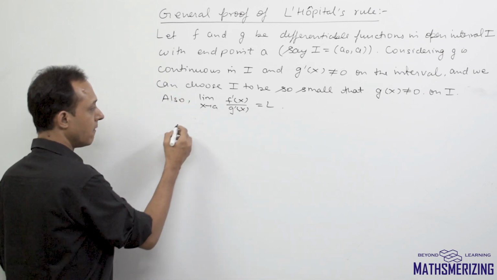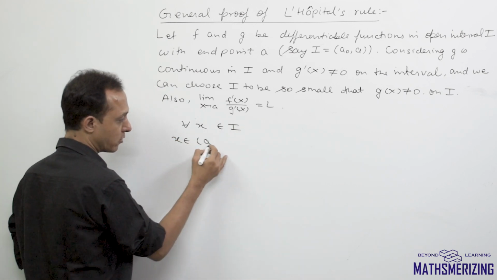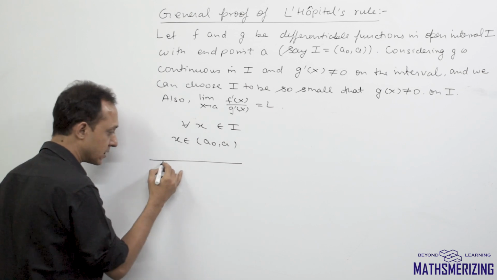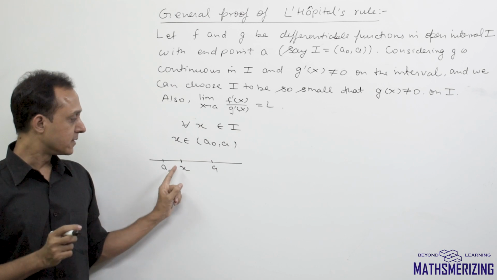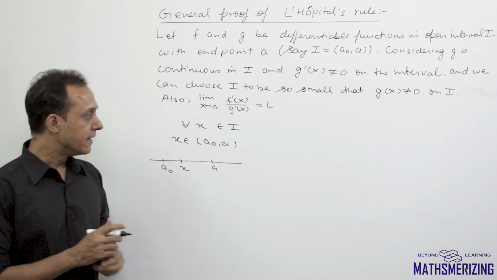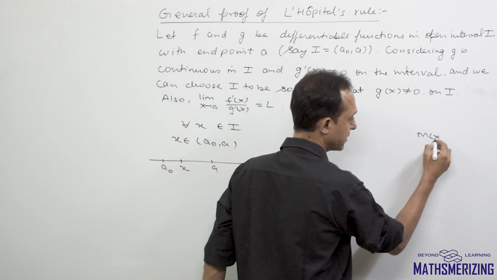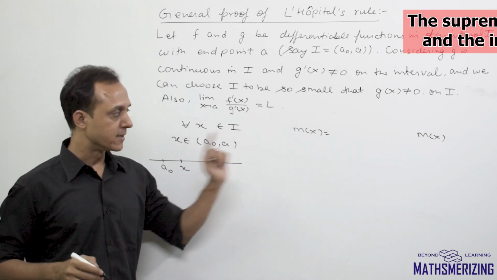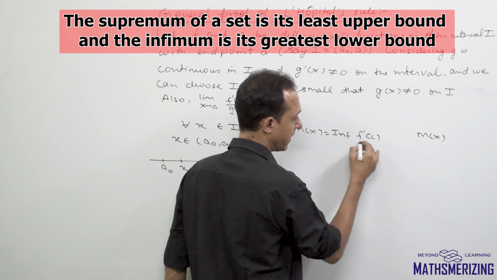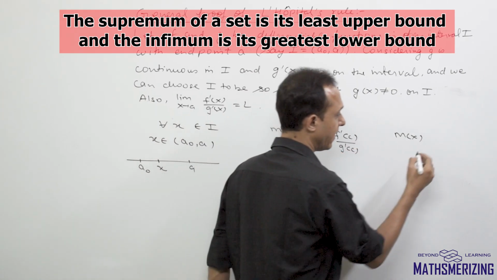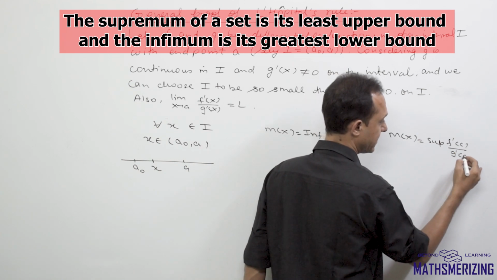So what I'll say is, for all x in this interval I, which is for all x belongs to a0 and a. So suppose I have this interval which is a0 and a, and I'll take a general point which is x, and this x varies from a0 to a. We'll define two functions, small mx and capital Mx. Now we'll define small mx as the infimum of f dash c upon g dash c,